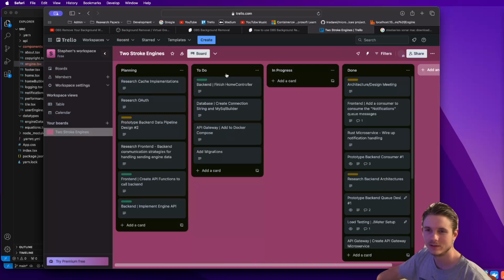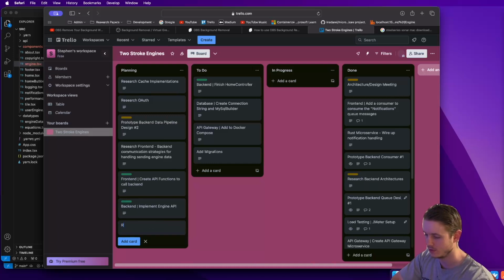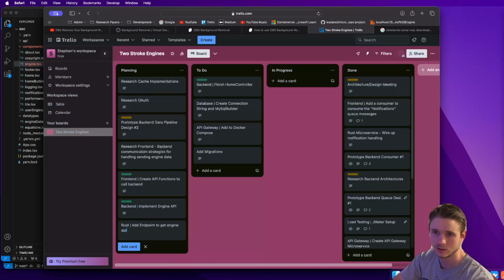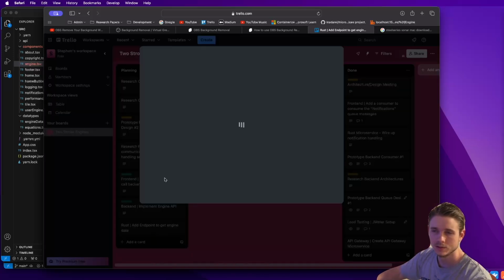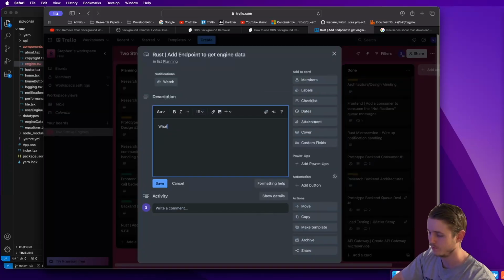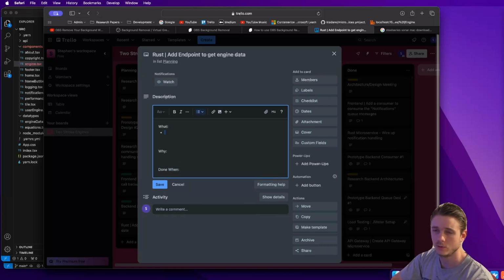These I haven't touched yet, and I'm actually going to create a new ticket. So this is going to be Rust, and then I need to add endpoints to get engine data. So what I mean by this is what, why, and done when. So the what for this is going to be, I want to add a Rust API,